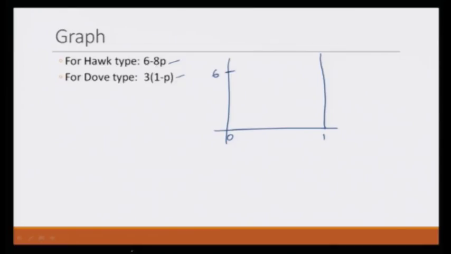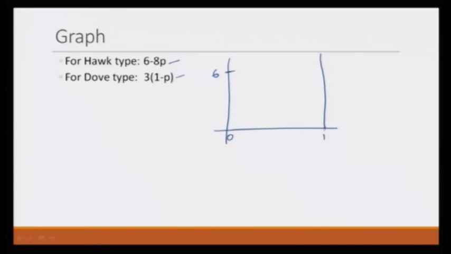So starting with 6, and when the whole population is made of hawk type, then how much is the payoff? 8 multiplied by 1, because 1 represents the whole population, and 6 minus 8, so minus 2. Here would be, let us say, minus 2. And for a line, it is a straight line, so 2 points are good enough. We draw like this, and this is the payoff of hawk type as a function of